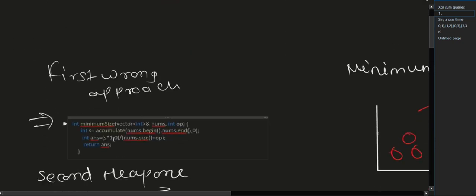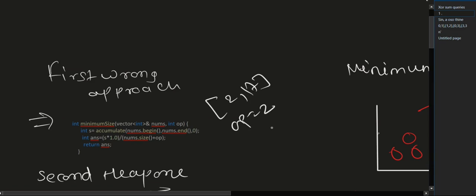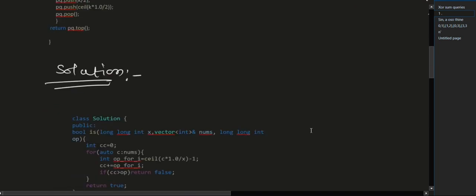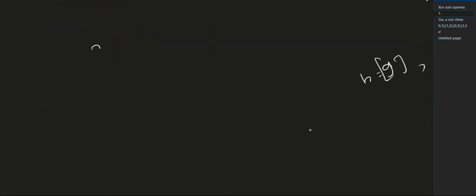That is, I was just accumulating the numbers of the array and then dividing it by the size plus operations. But this was wrong for the test case, as I mentioned, 2 comma 17, and operations would be 2, so it gave me a wrong answer on that. So after thinking a lot, I came up with a greedy approach which I mentioned, like a number x can